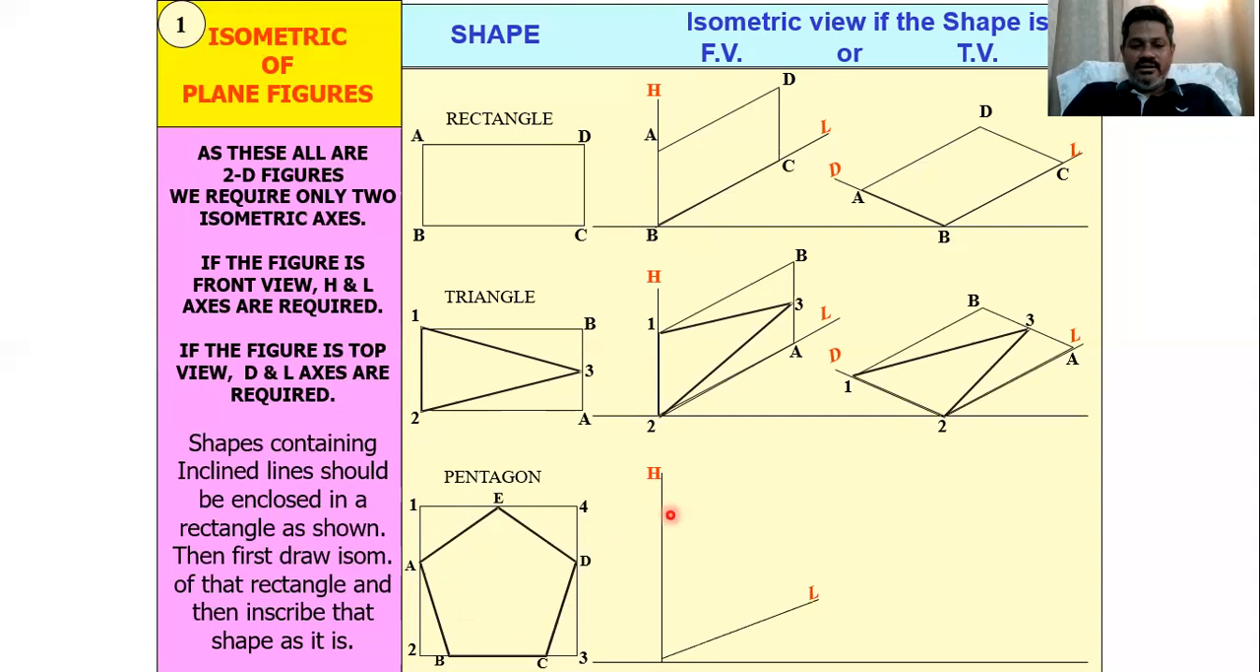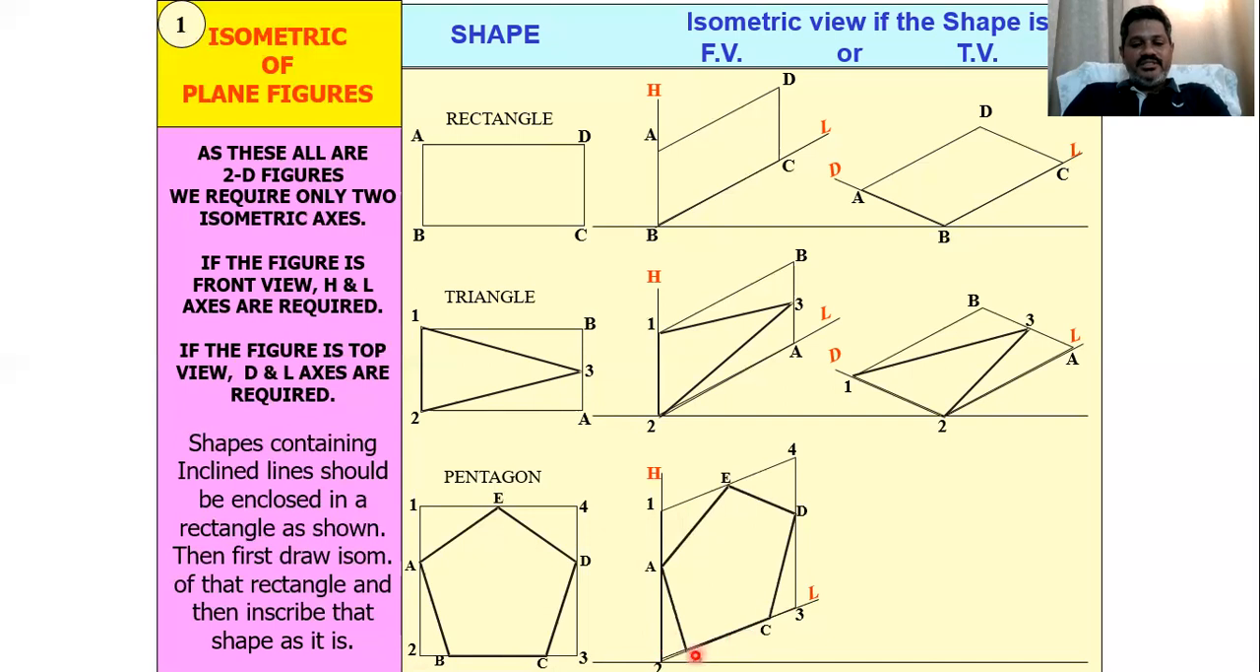Draw a vertical line and horizontal line, and construct the same rectangle, as we enclosed the pentagon, with the same dimensions for the front view. Draw the rectangle, then take the compass, then locate point B from 2, then locate point C from 3,